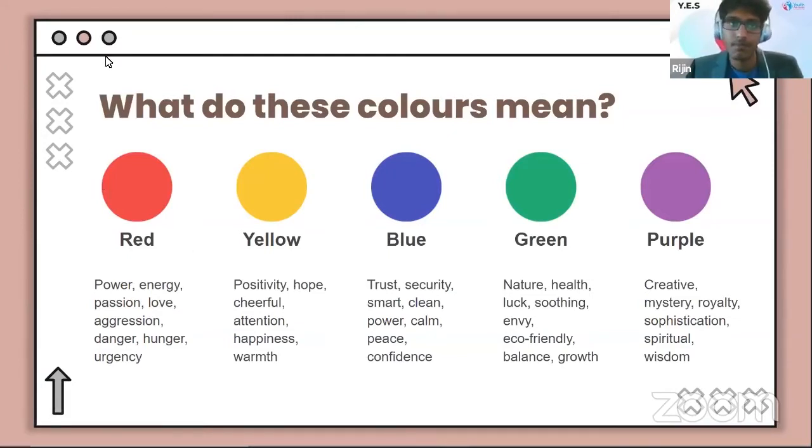Yeah, and I was going to add one thing to it. Blue is often used for Facebook, so we see that a lot. Most of the Facebook logos and their tabs are often in blue and white. On top of that, purple is often used for Instagram. So I think one is used for just connecting with people, and the other is used for creative platforms or something like that. Youth for Change is red and blue too, which demonstrates power and energy, and it also demonstrates trust, security, smart, and confidence, and all these things too. So it's something to look at.